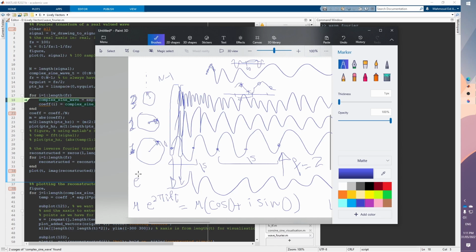the Euler formula. It says that e to the power i pi plus 1 equals 0, right? This tells us that if you have e to the power i pi, this would be equal to -1. So we can actually put that in the same form. So we can say that it equals -1 because the magnitude here is 1, right? The magnitude here is 1, and we would say that this equals cosine plus i sine of pi, and we